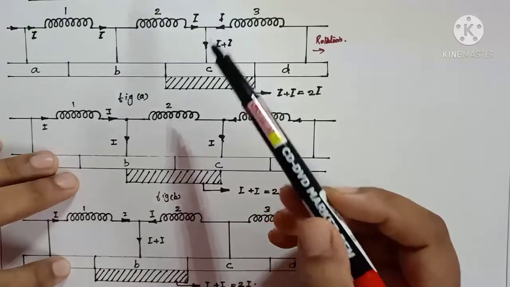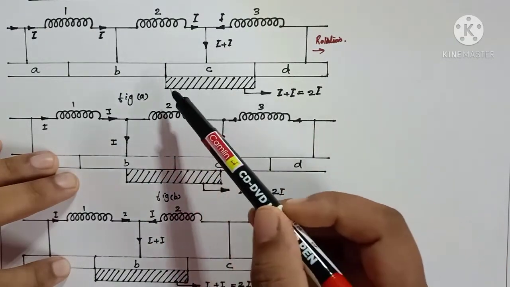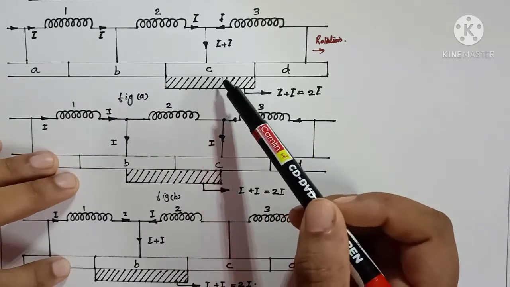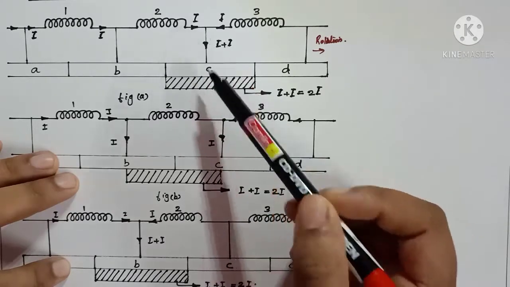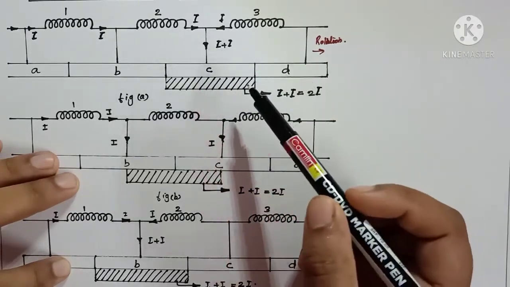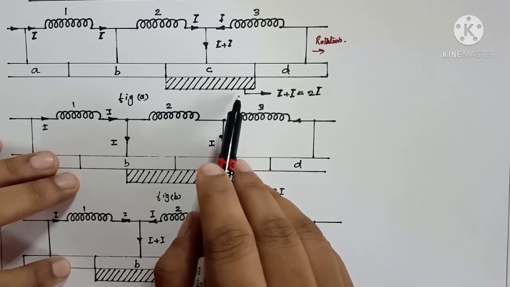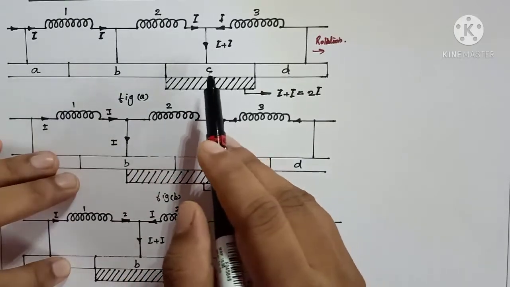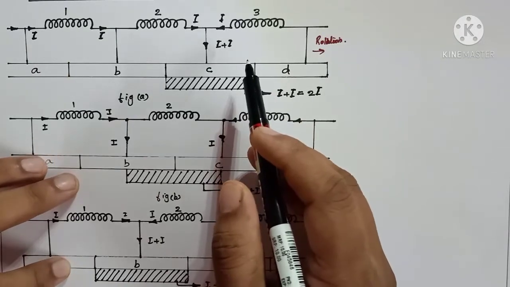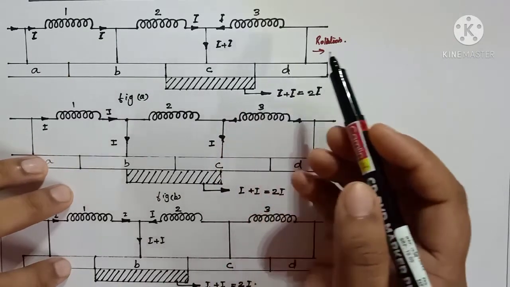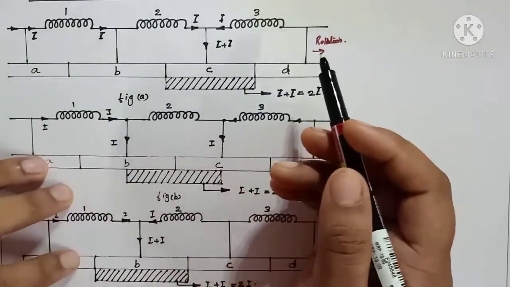We know that the armature coils are directly connected to the commutator segments, and brushes are connected along with the commutator segments in order to collect the generated voltage from the armature coil. We know that the brushes are placed in the magnetic neutral axis. So the reversal of current from plus I to minus I will take place in the magnetic neutral axis, or simply MNA. Brushes are always connected in MNA.